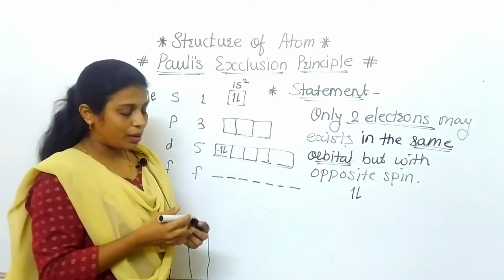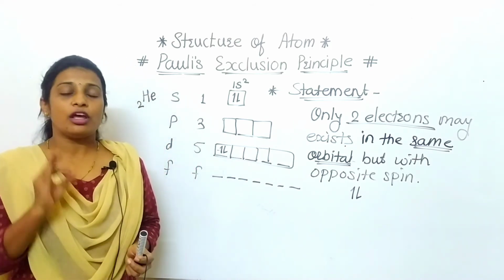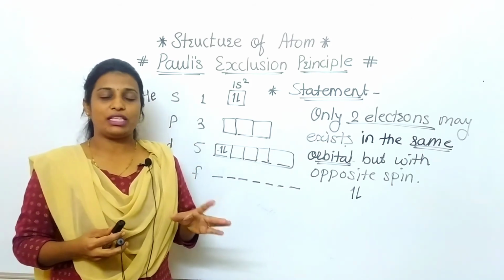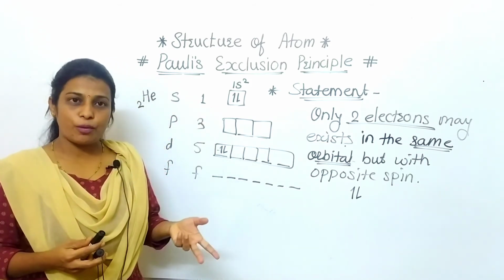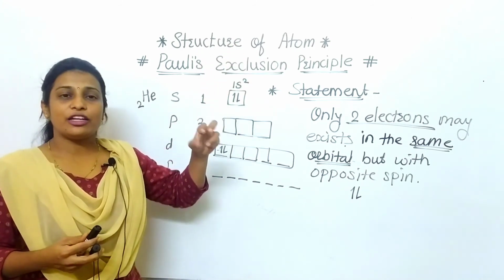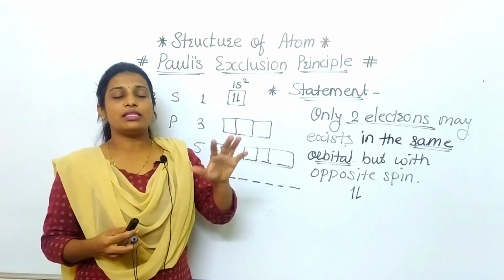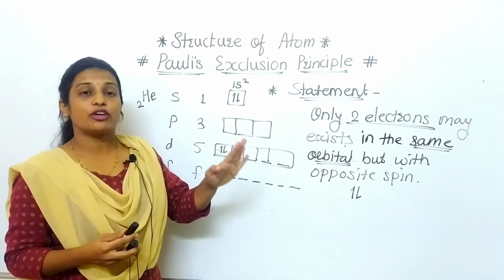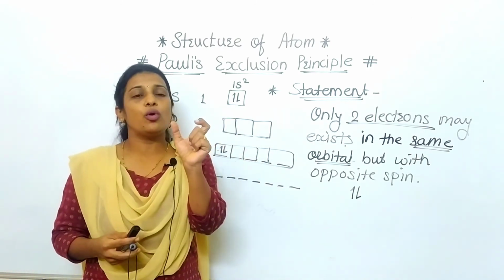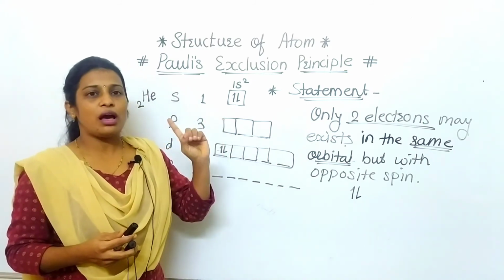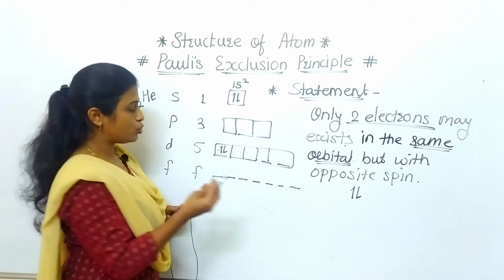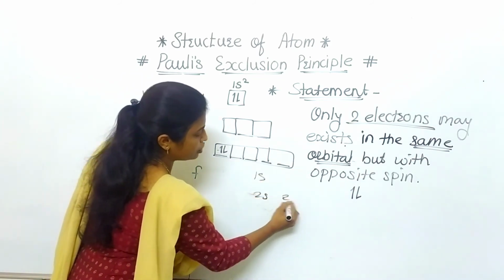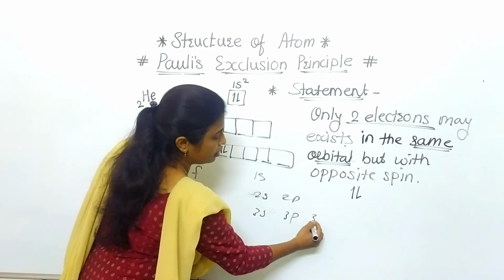So here we have completed that part which is important to write the electronic configuration. Which points have we covered? Once again we are going to revise it. The first one we have completed is the Aufbau principle, in which the arrangement of the electrons is in increasing order of energy, because when we are filling the electrons, they should come first in the lower energy orbital. In that we have drawn one diagram also. I don't know exactly whether you remember: 1s, 2s, 2p, 3s, 3p, 3d, like that.